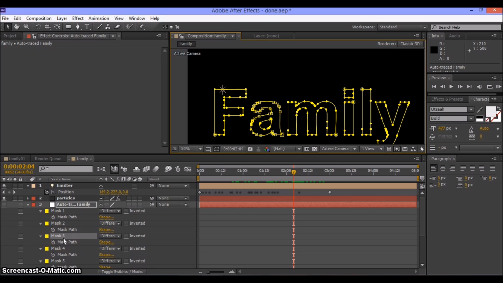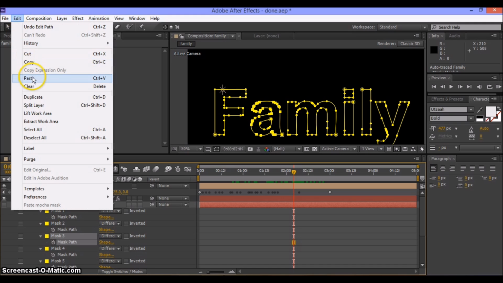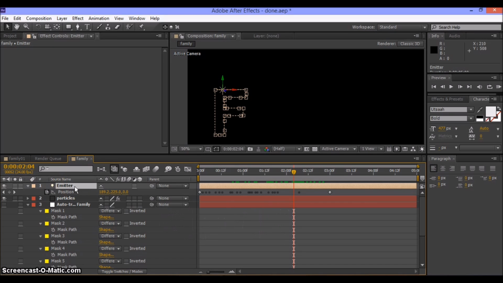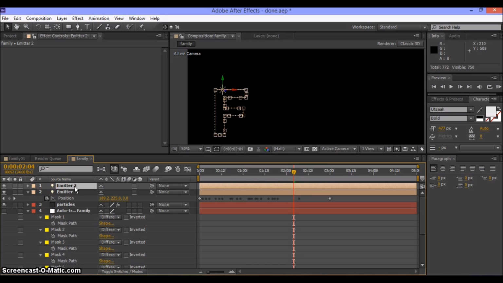So I click on the mask path, go to copy, and I can duplicate the emitter by Ctrl D,